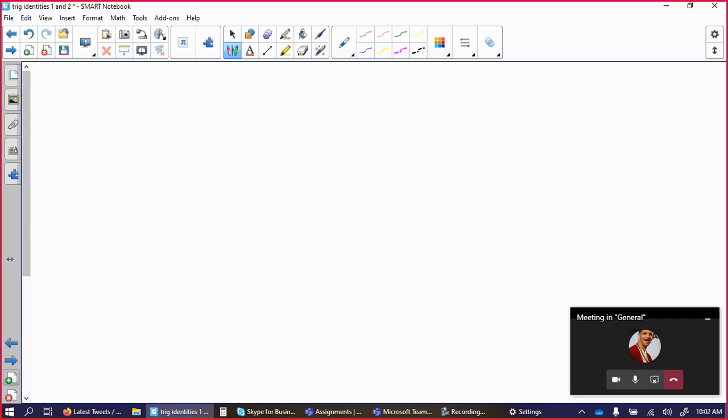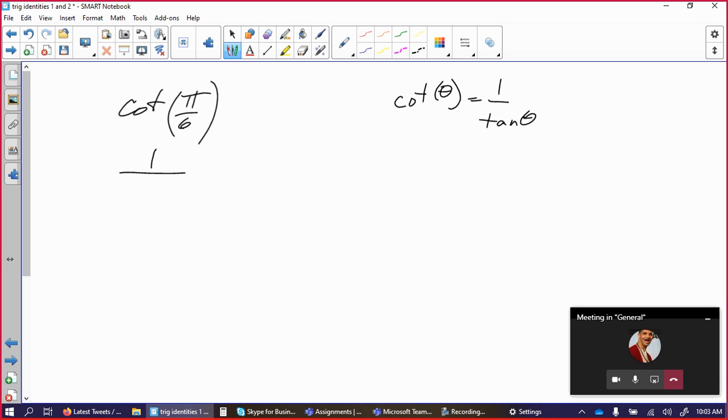So let's say, okay, we're here, cotan of, let's say, pi over 6. If you're asked to evaluate that, we know that cotan of any angle is 1 over tan of that angle. So this is 1 over the